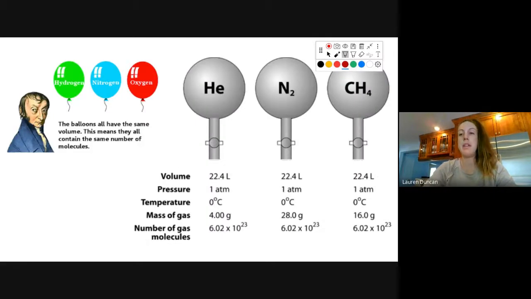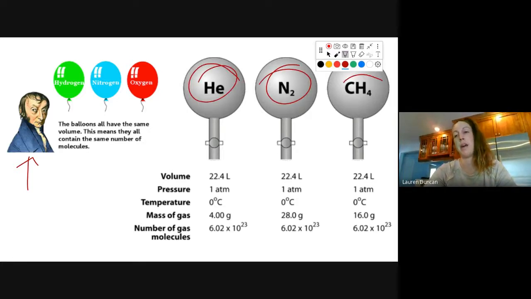All right, still not in the notes, so bear with me. This guy right here, his portrait may look familiar. That is Avogadro. And we talked about Avogadro in Unit 2. We did properties of gases and gas laws. Because Avogadro is the scientist that said this. He said when you have different samples of gas, like say helium, nitrogen, or methane, if you had those 3 samples of gas and they occupied the same volume, so they took up the same amount of space,